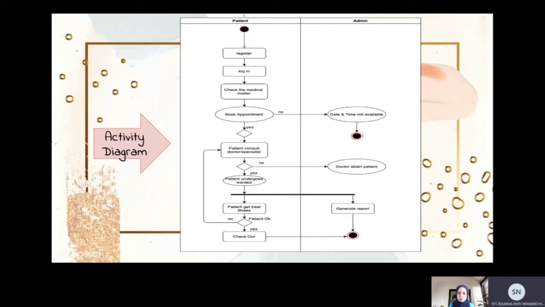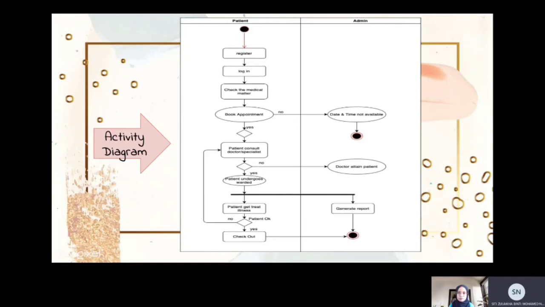When the patient undergoes warding, there are two activities: the patient gets treated for the illness and the admin can generate a report. The admin generates a report of the patient information that is warded that day, the doctor that is on duty, and how many patients book an appointment that day.